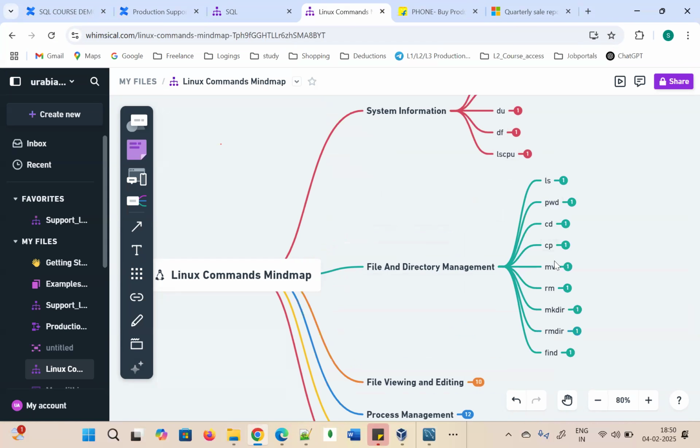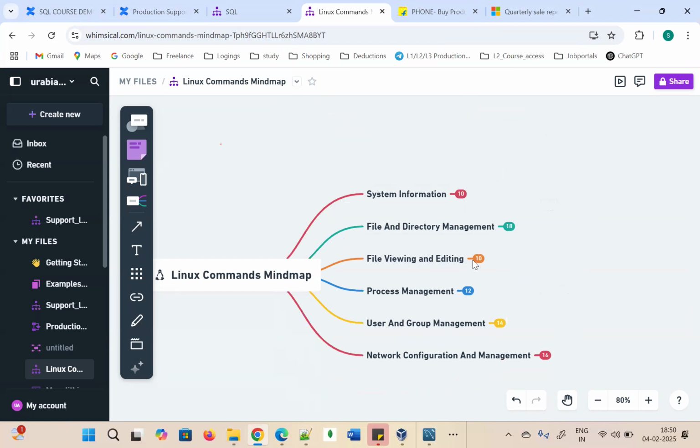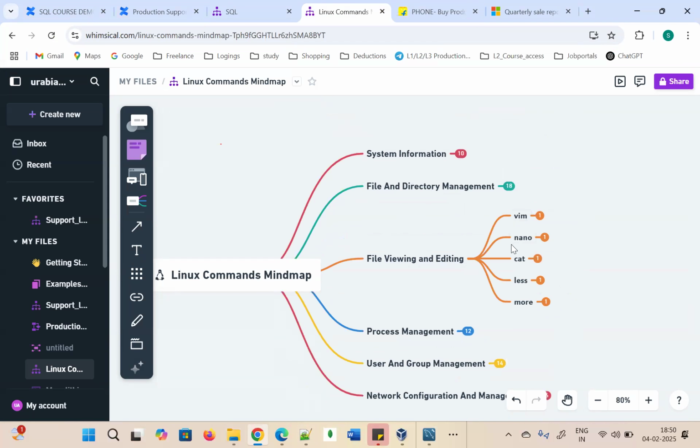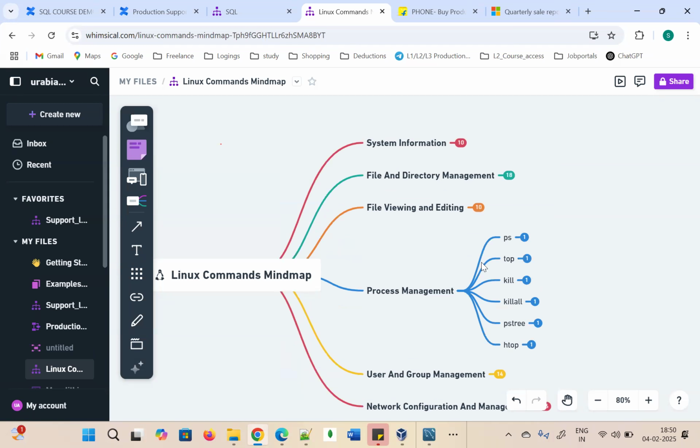What are the ls command, pwd, cp, move, rm, mkdir. These are the daily usage commands we'll be using on a daily basis. Okay, and file viewing and editing, vim, nano, cat. We are going to use that. Process management is the top command and kill command, killall, stop, all the stuff we are going to use. Okay,